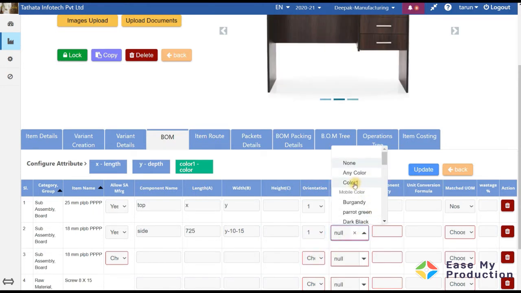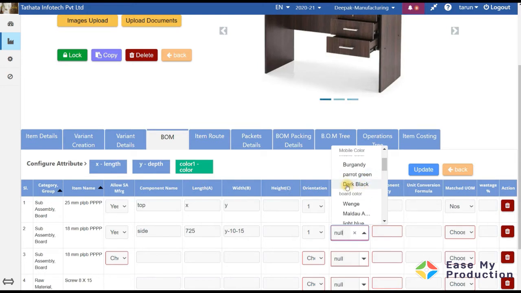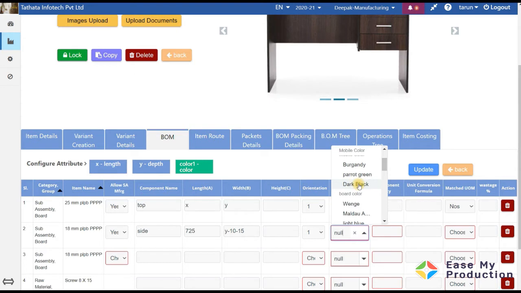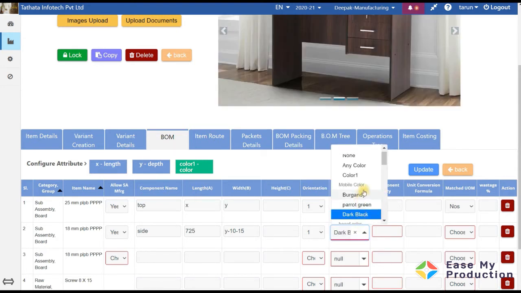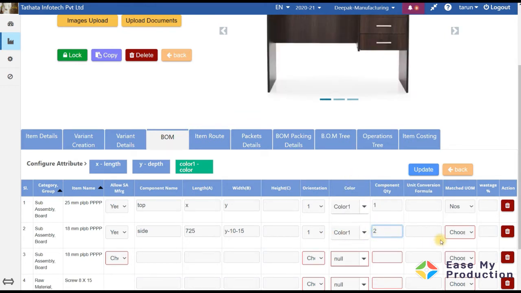Here again I am applying color 1. Here friends, you can also choose a particular color. If you want a fixed color, let us say you want your sides to be always black, you can choose black color here. But in this case we are applying the color which is given for the table, so it is color 1. The quantity will be 2 because it's right and left, and then again the unit is number.